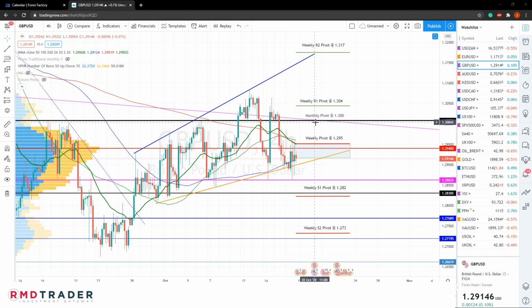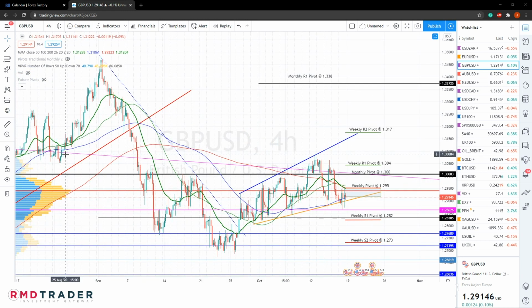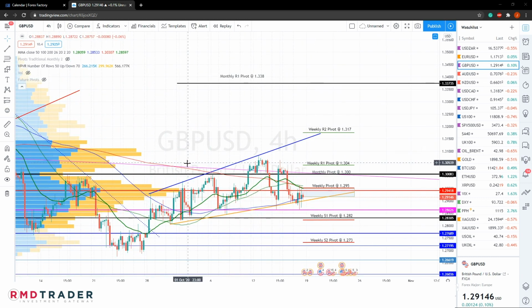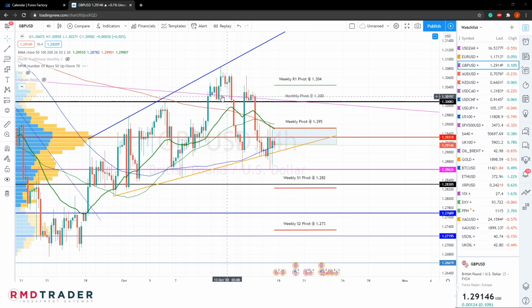This is also a level of previous diagonal support and resistance going back quite a couple of weeks. So also just worth noting that that is quite a strong area of resistance. And then of course, currently we are below our weekly pivot, with price trading in between the 4-hour 100 and 200 SMAs, and that means this would of course be the important area to watch for some price action,